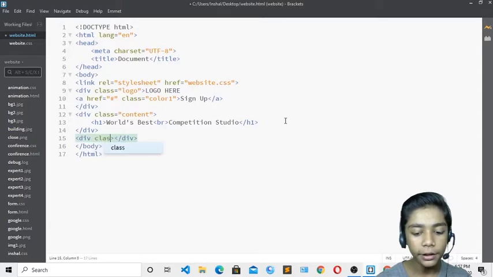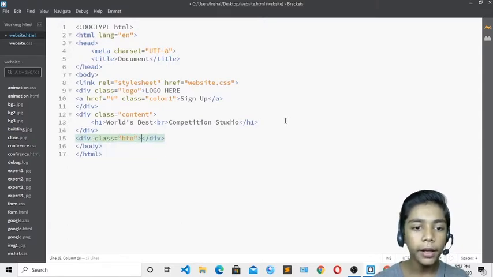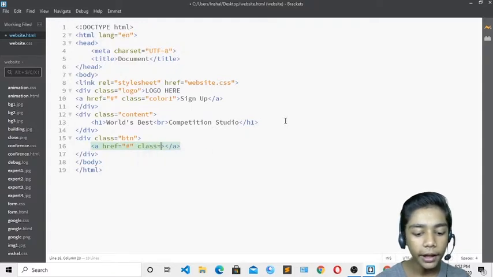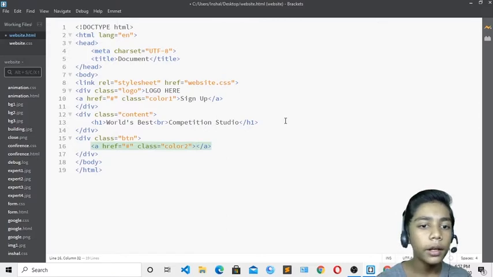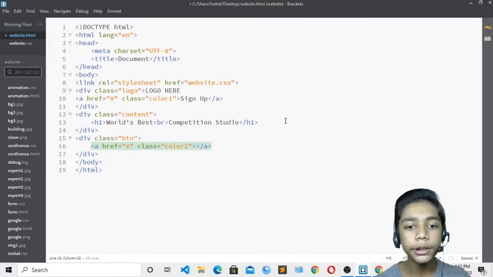Now I will make the div and I will make the class of btn. In here I will define my two buttons, like you all know we have done it many times. And over here I will give it the color2 class, because color one we have already given over there. If you want, you can also give the color one, but like I have been telling you, you have to define your btn class also with your color2 one.